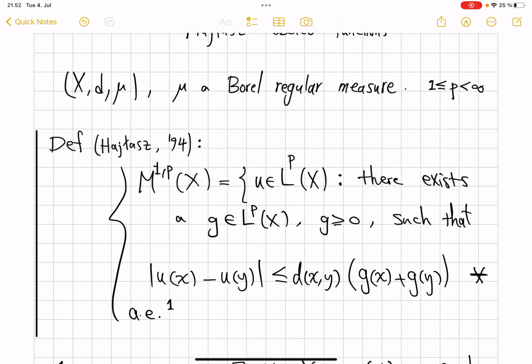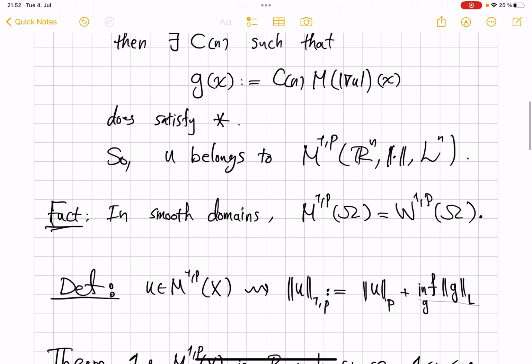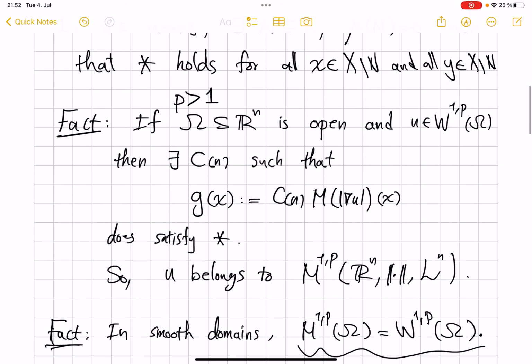If you want more details, if you want to see proofs of, say, why in the Euclidean setting this is equal to that, where on earth does one prove that the maximal function provides a Hajlasz gradient for the classical Sobolev spaces, if you want to see proofs of these, let me know in the comments. Otherwise, I will assume that this level of generality is good enough,